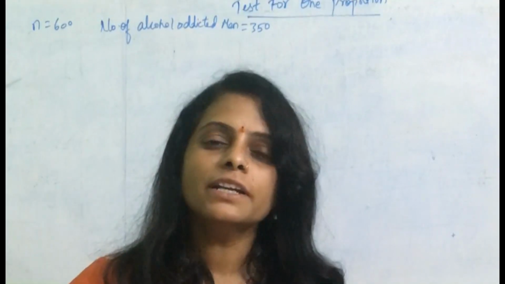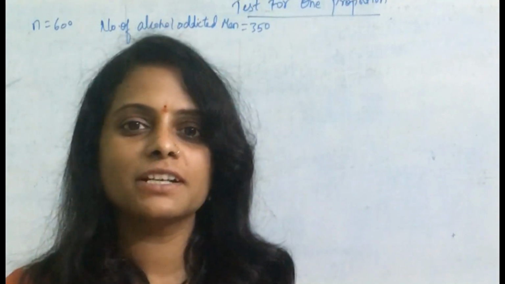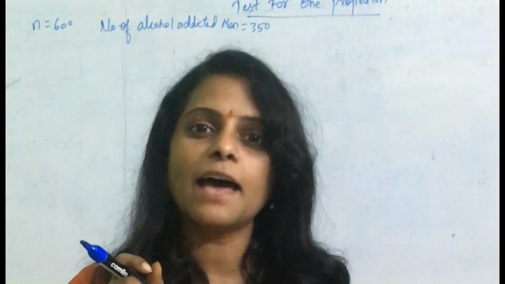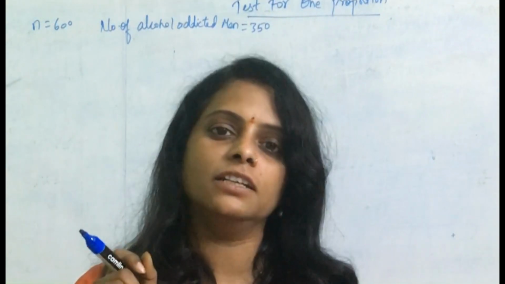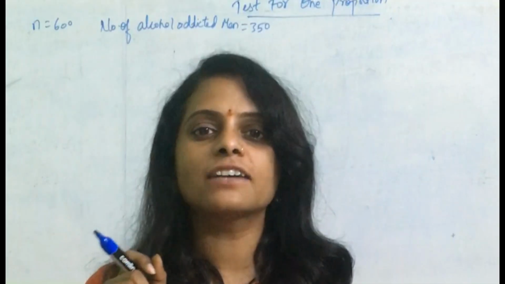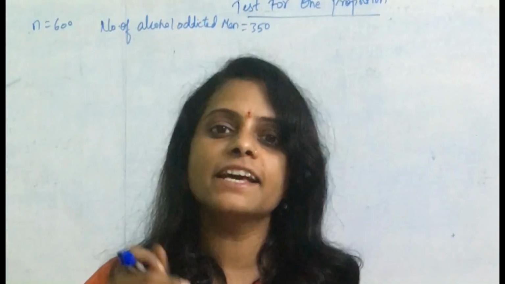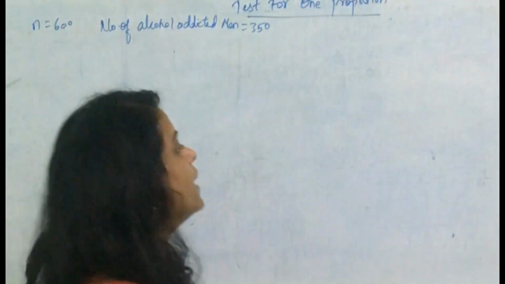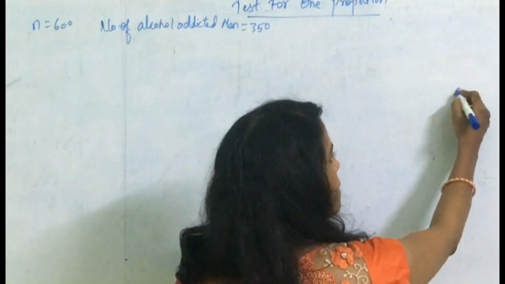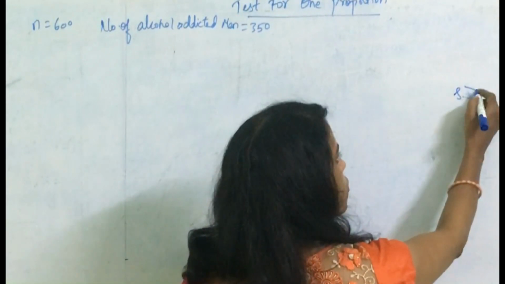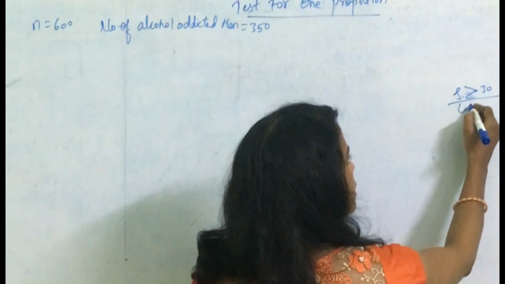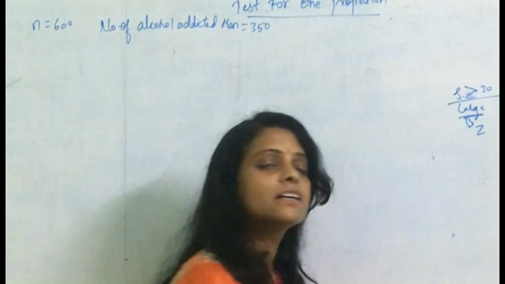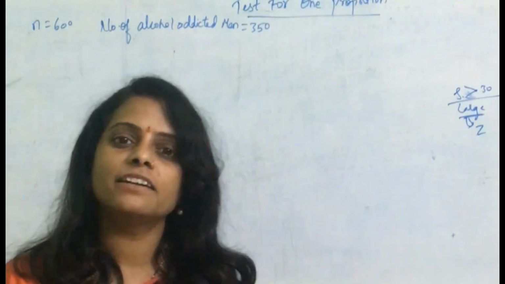Okay. So what is actually a large sample test? Whenever for any hypothesis testing, if we are taking a sample that is more than 30, then that is called a large sample test. If it is less than 30, then it is a small sample test. So if the sample you are taking is more than 30, we will go with a large sample test. Large sample test is calculated by Z. So it is a Z test.